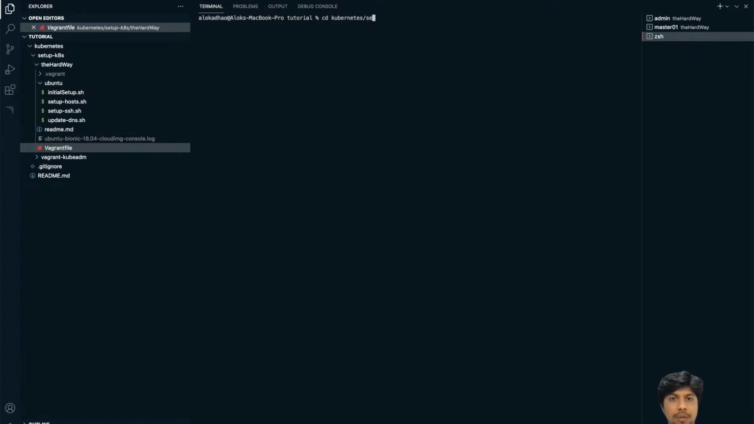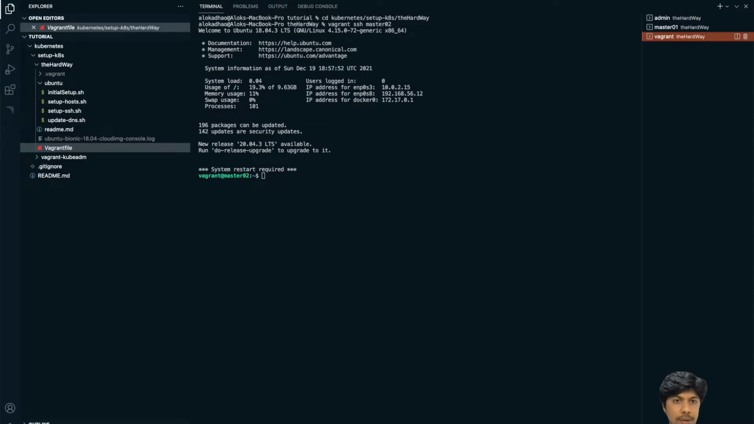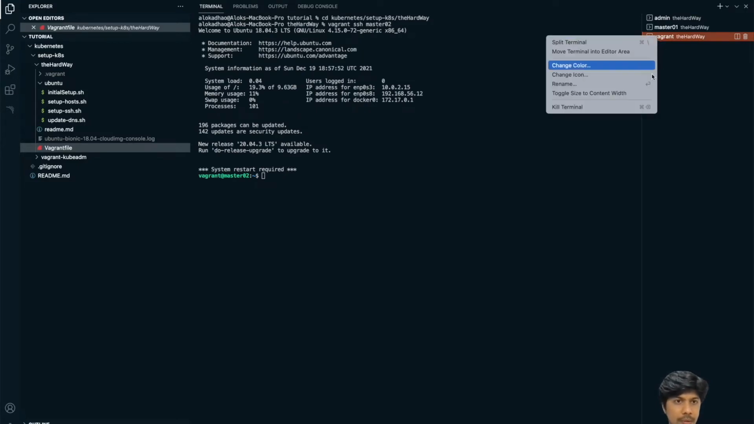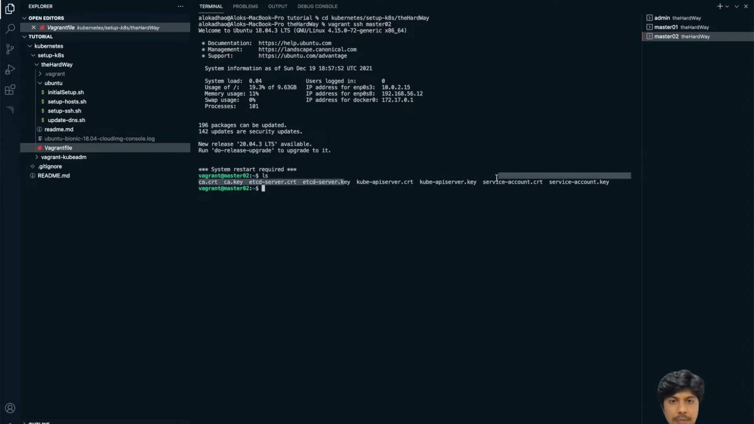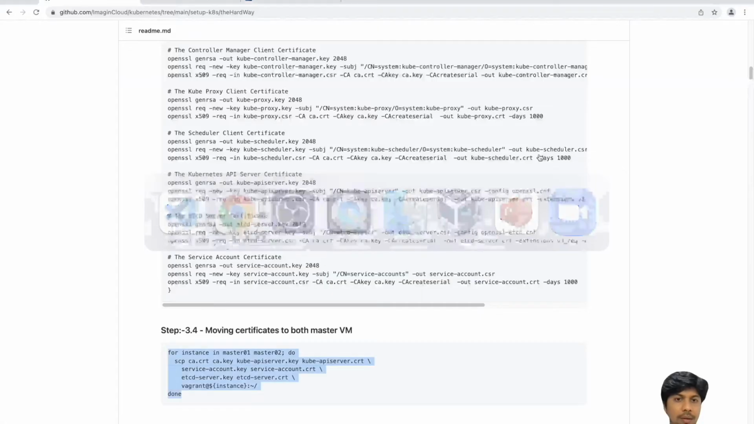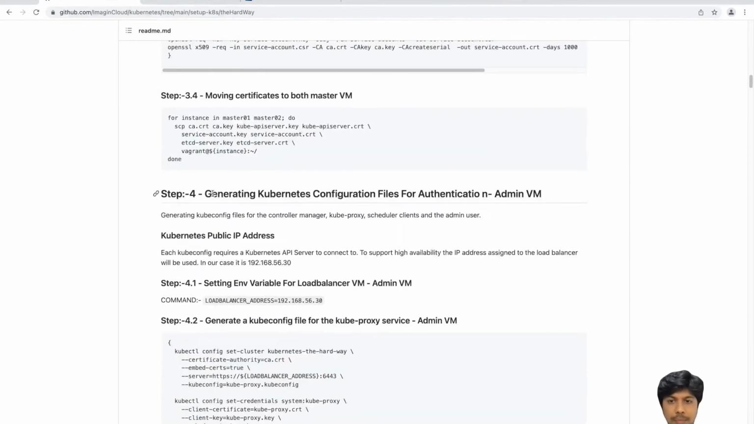cd Kubernetes setup the hardware, vagrant ssh master 02. Now we'll rename this to master 02, and here as well we see the certificates are present. Okay, so step 3 is completed. Now